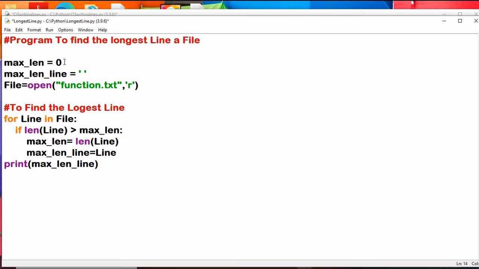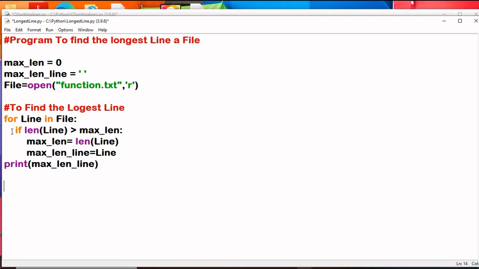This is the variable where we store the length of each and every line, and this is the variable to store the maximum length line. In this statement, the open function is used to read function.txt. Now in this logic, we are reading all the file contents line by line.